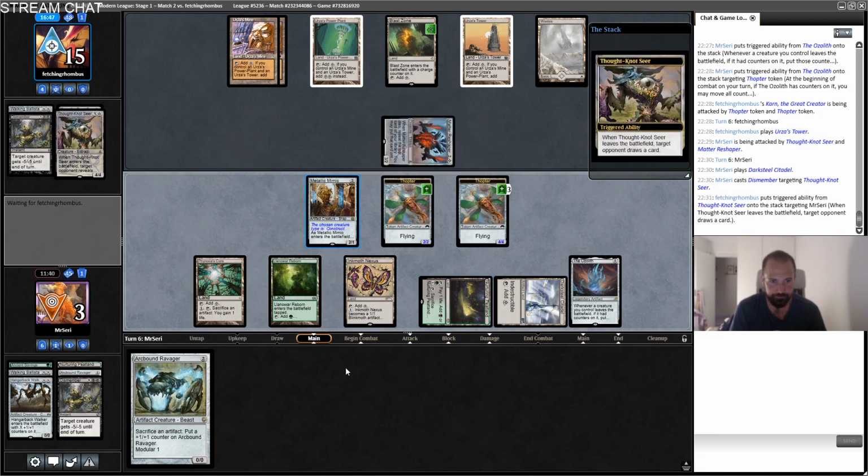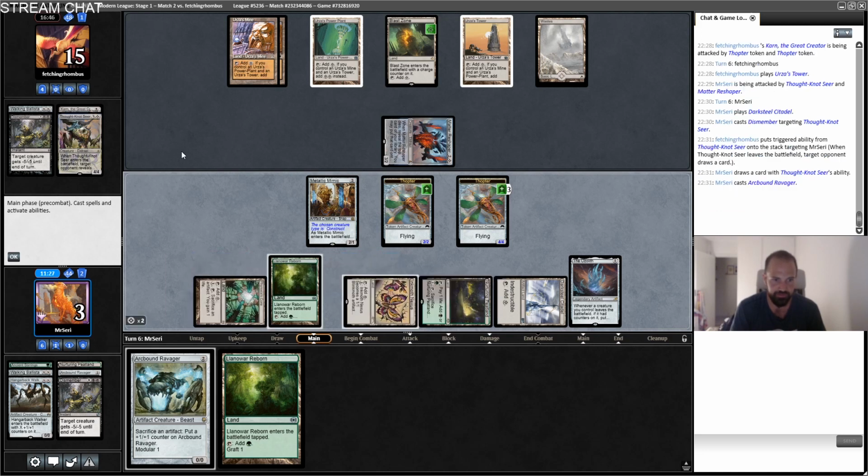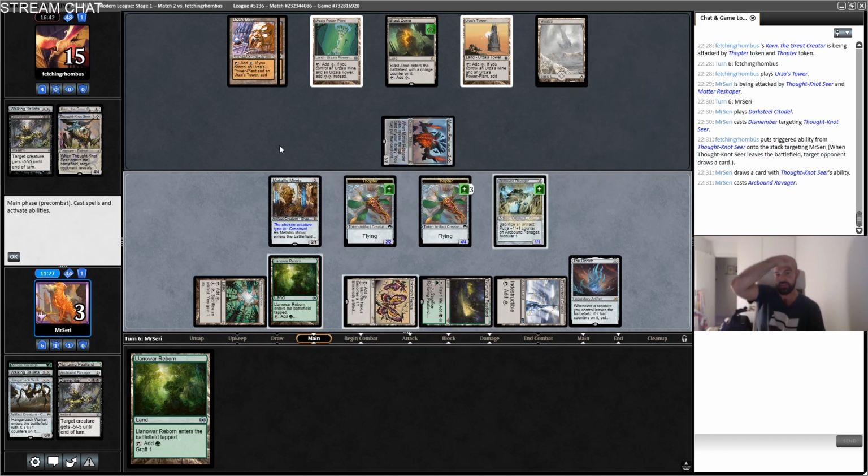Dismember. Draw a card. We draw a card. Ooh, that's not good. I guess it can be good next turn. I will do this. Play Ravager. I mean, it's not good, but we can basically give an extra counter next turn. We're gonna go for the kill with the Ozolith because they have Blazon and they can blow up the Ozolith, so